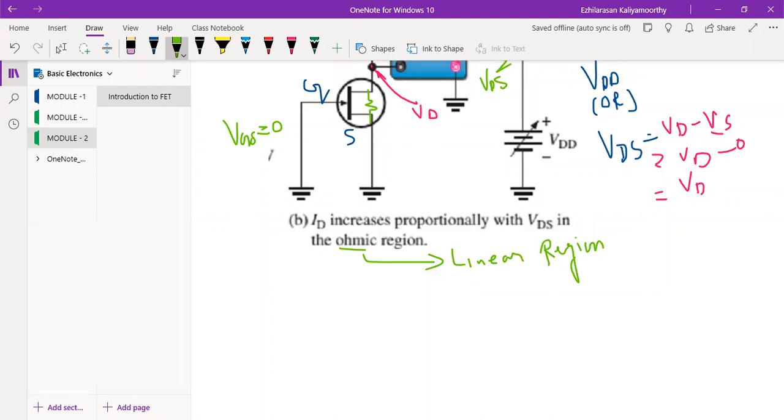Next, we need to increase the VDS still further. So what we will do? Let us apply the voltage between drain and source. As VDS is increasing, the current flow ID also will increase from source to drain. So that will increase the current linearly up to a certain point A, the knee voltage. Now I'll show one more thing, the diagram.